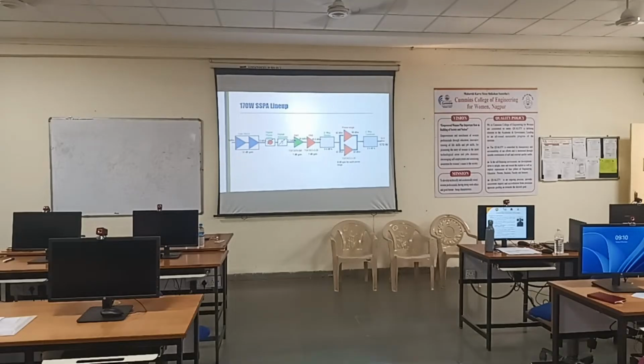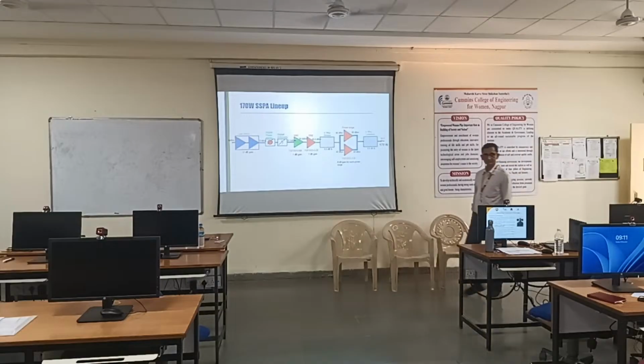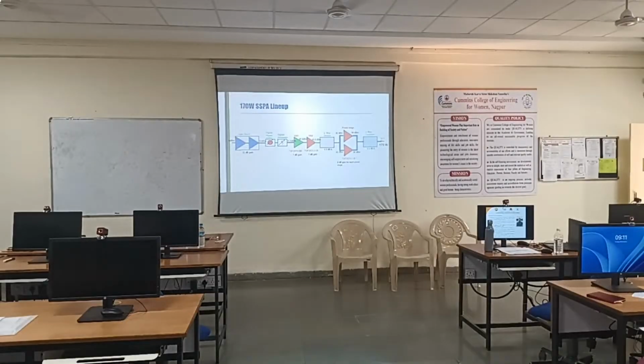Alright. Typically more than 150 watt is the power requirement of any traveling wave tube amplifier which we use for space applications. The earlier topology was for 150, and the second one is for 170, and the devices were different. If you see here, I have used CGH, CGH, CGH, right? And here I have proposed the TGF. So TGF means Qorvo, which is the world's leading manufacturer of these solid state transistors, and CGH stands for Cree. That time it was Cree in the year 2017. Now it has been taken up by MACOM. It's a US based company.